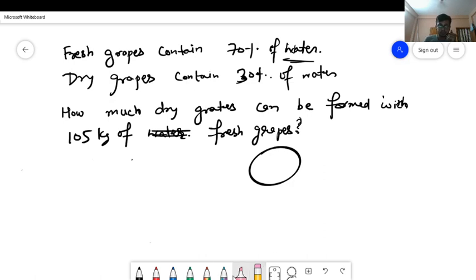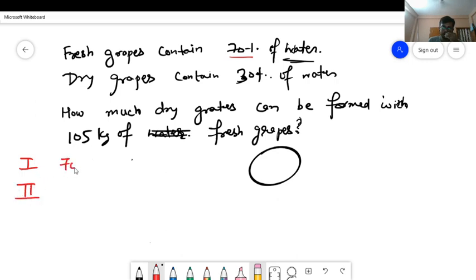Yeah, done with the answer. Yeah, we have to check. Okay, we have to check. I don't know the answer. I have made the question just now. Okay, let's do it with all the methods, right? Let's do it with the first method. First method will be what we have. We would always write it in the form of table.